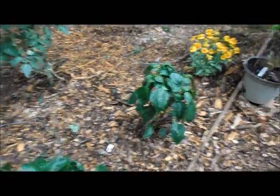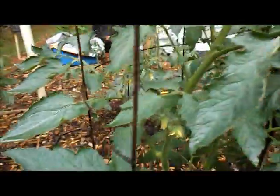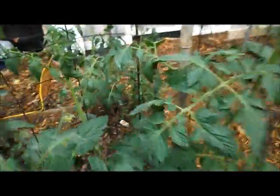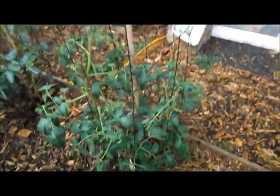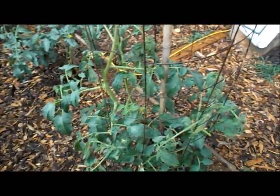I got some bell peppers here. Mr. Stripey finally started making fruit, or at least it's got a few fruits, but started making flowers finally. Pruned a lot of this plant. Been having to prune it off a lot. These don't make a lot of tomatoes, but the ones they do are big. These are like a 90-day maturity plant, so take a while. Mr. Stripey, and then these are our